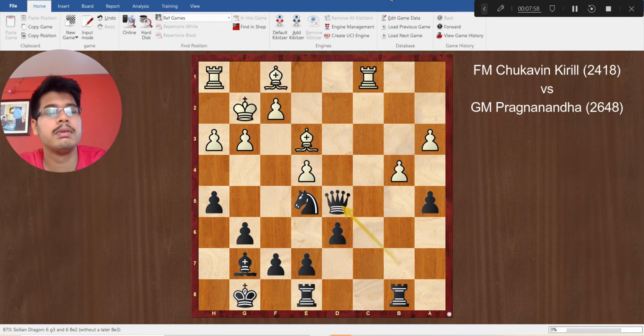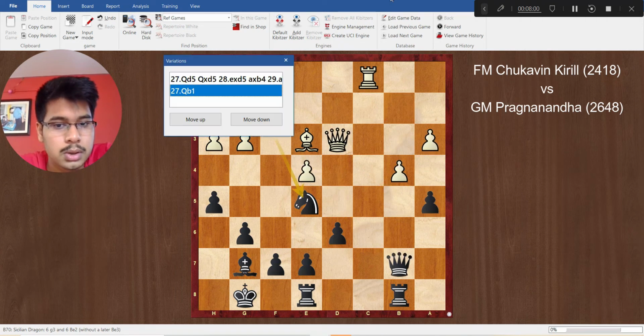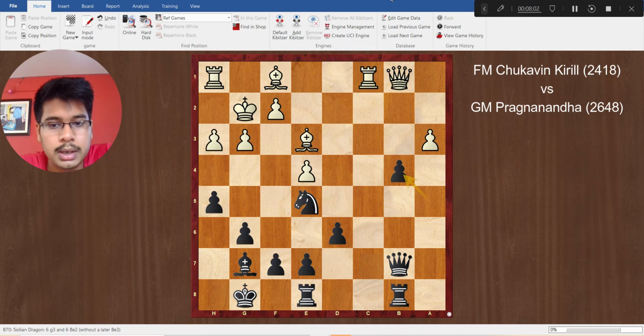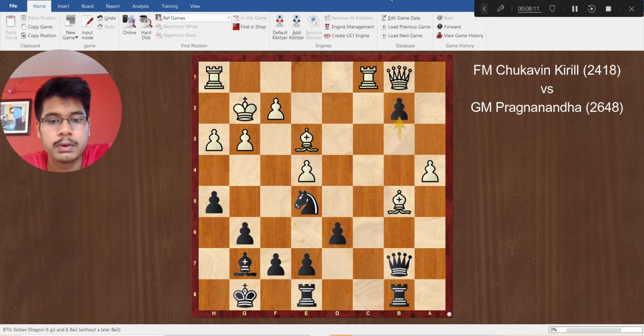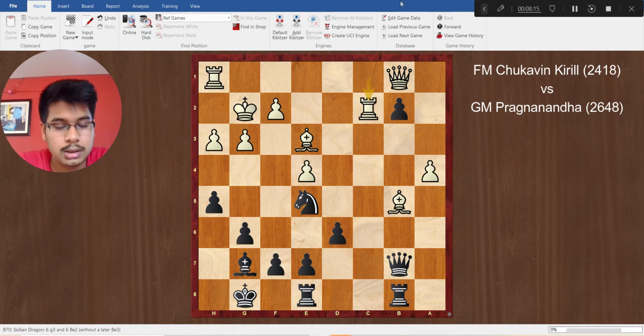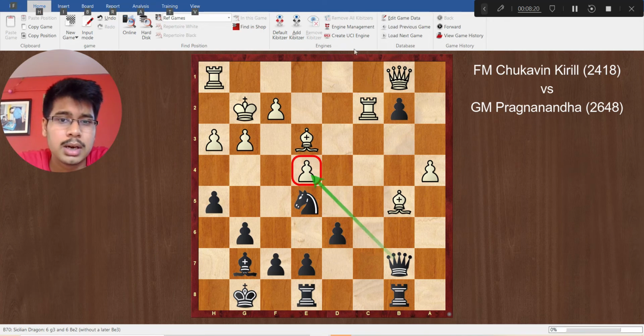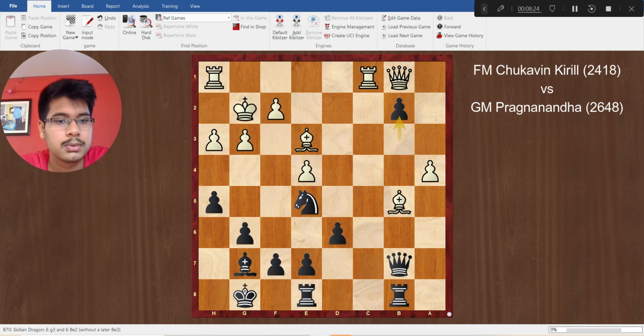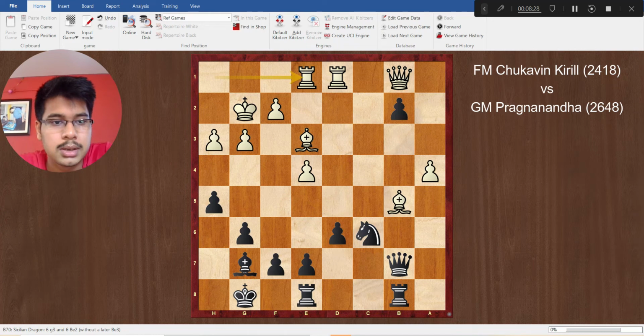But now we will see the difference with the queens on the board. So after queen b1, a into b4, again the same idea. White wants to play a4, b3, bishop b5 and b2. Now if we pay attention, the move rook c2, like in the last variation, is not possible because e4 is hanging. A very minute difference, and that's why white has to play rook d1, and after knight c6,